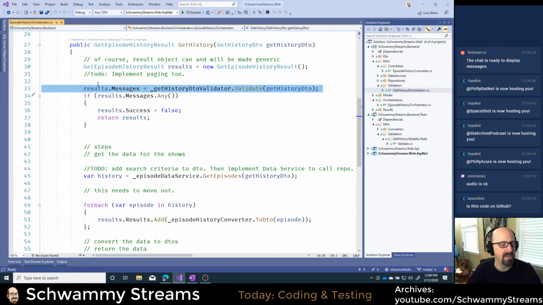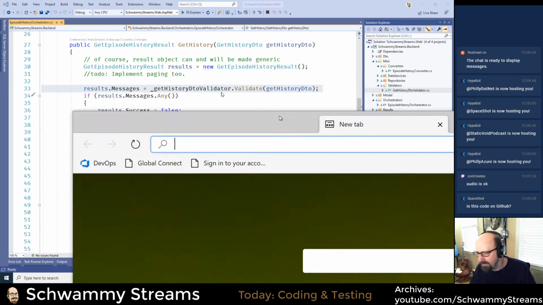Is the code in GitHub? The code is in GitHub. Yeah. Let's take a look. SpaceShot is asking if the code is in GitHub. And I believe it is. Let me get